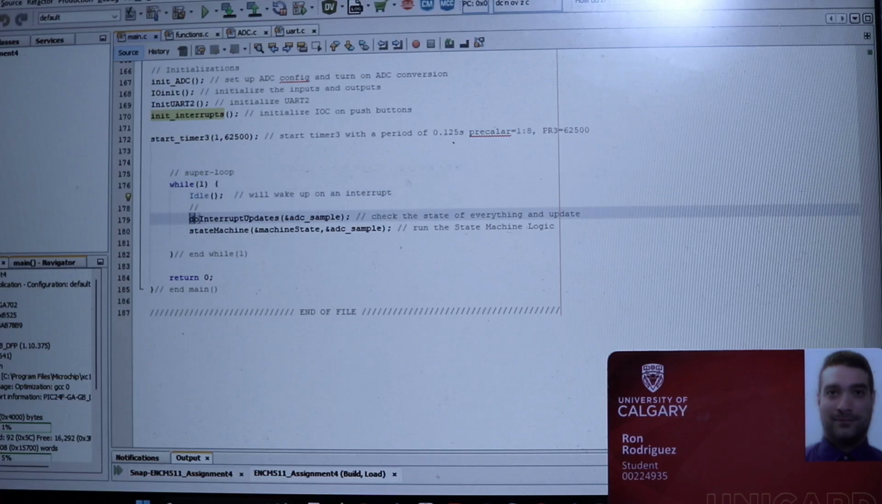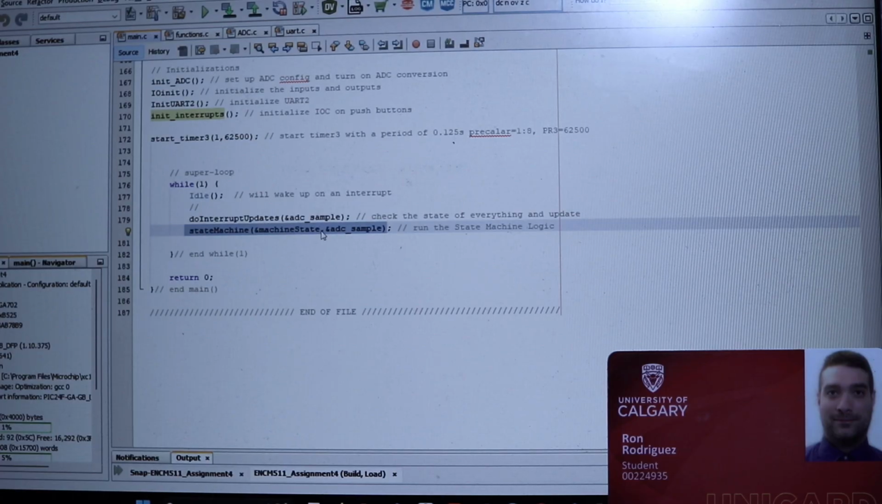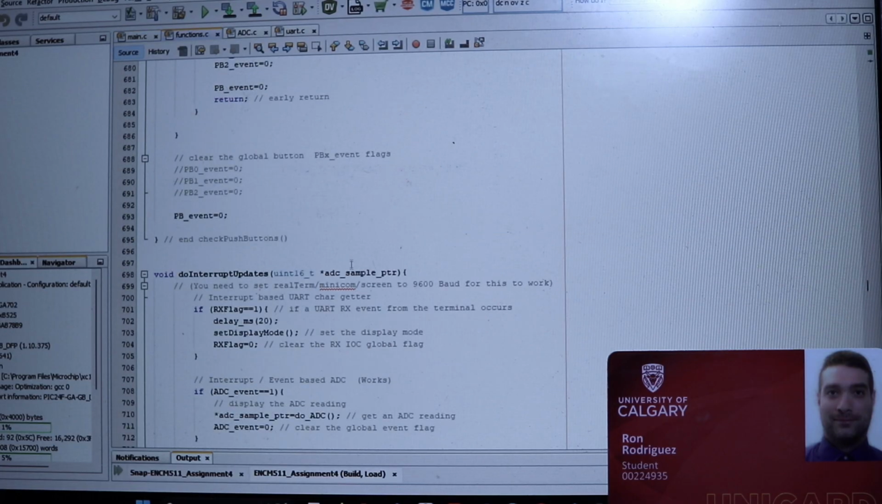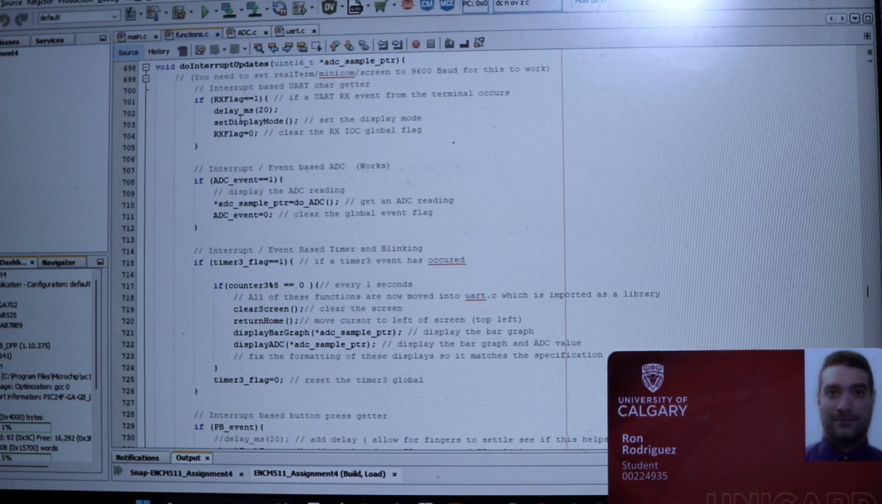If an interrupt happens, we check which interrupt caused it. We do interrupt updates. And then once we have the updates, we go into the state machine and using the ADC sample and the machine state, it will pick the next state based on the button pushes and various inputs. So do interrupt updates checks the